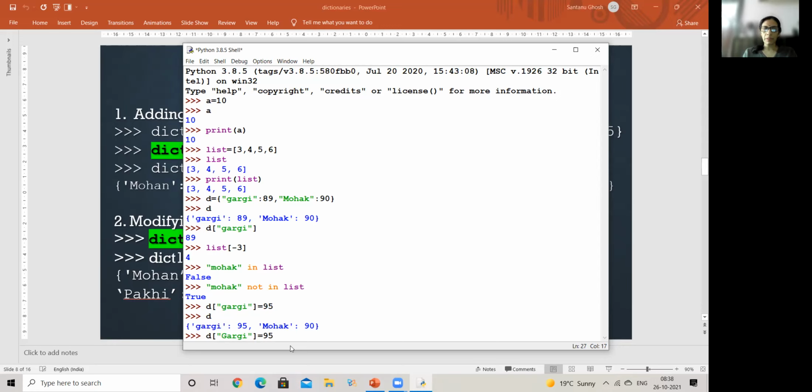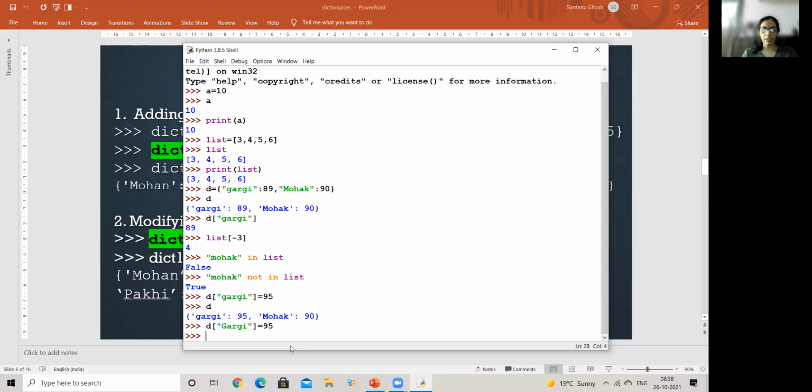Now what happens is that capital G Gargi doesn't exist. I know my keys are case sensitive. So what will happen in this case? It will add the value into this capital Gargi key as 95. Okay, let's check it out.